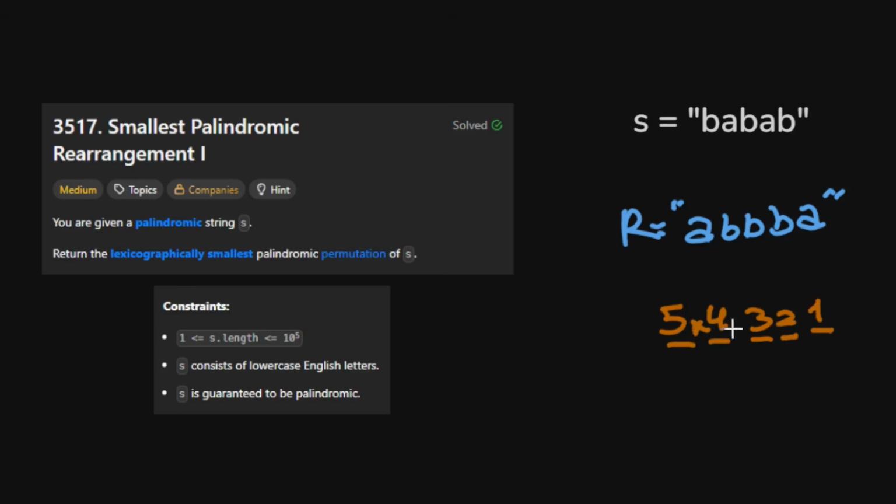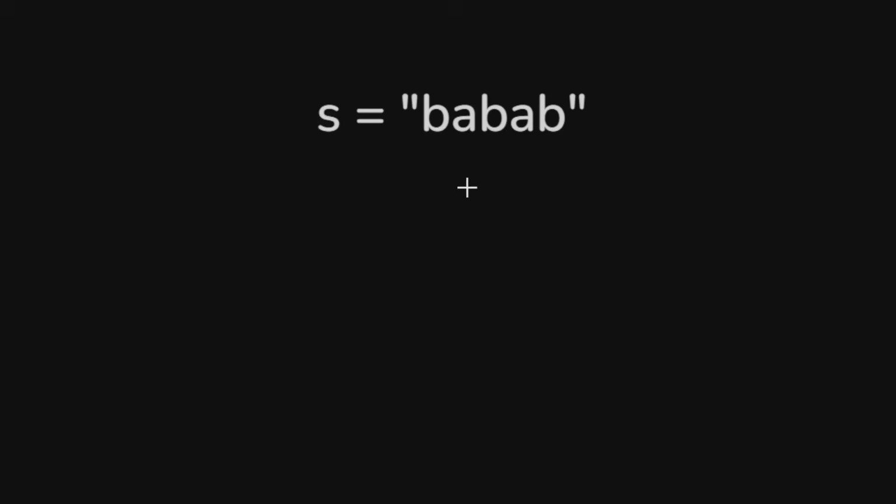So, we have 5 times 4 times 3 times 2 times 1 possible permutations, which is the same as n factorial permutations. Here n can be up to 10 to the power of 5, and this factorial is a huge number which we can't handle. So there's no way to iterate all permutations. We have to think about something else. I told you that the trick here was observation, and that's because of the following. Palindromes are mirrors. This means that the first part is a mirror of the second part, and if we are looking for the lexicographically smallest palindromic permutation of this string, we can sort the first part in ascending order and